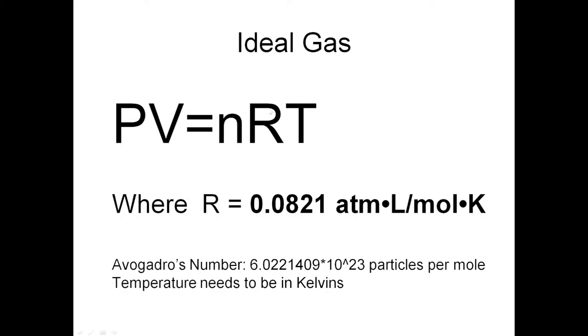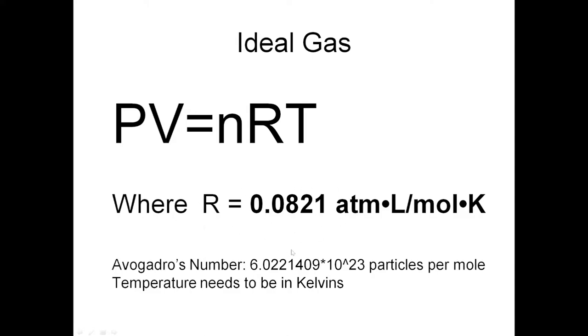And which value for R you use depends on what metrics you use for P and for V. Right now, the version of R I have here in these notes is in terms of liters for volume and atmospheres for pressure. If, say, you were working a question that had meters cubed and pascals, you'd want a different